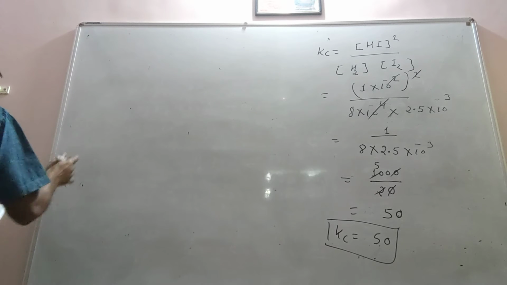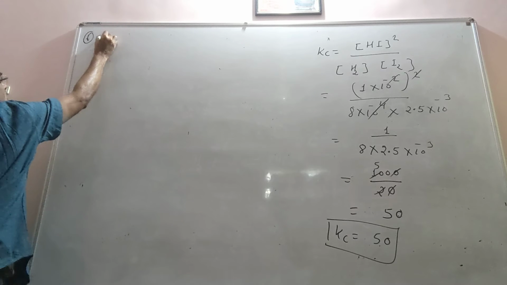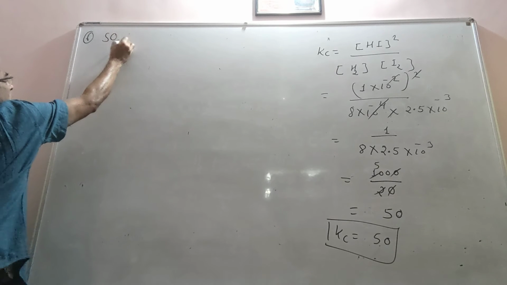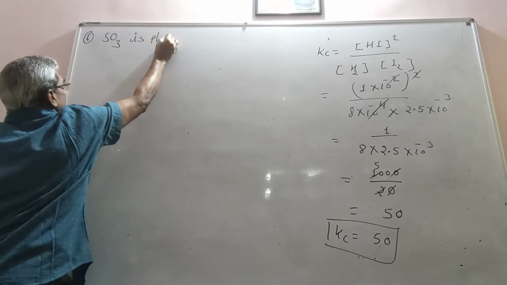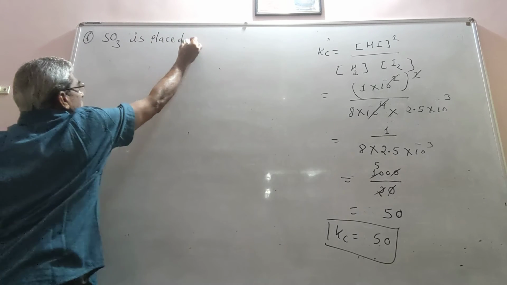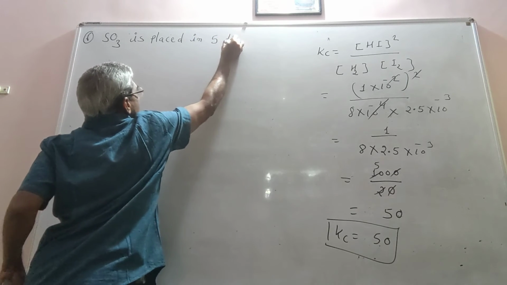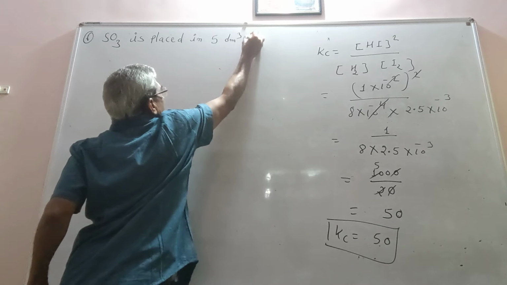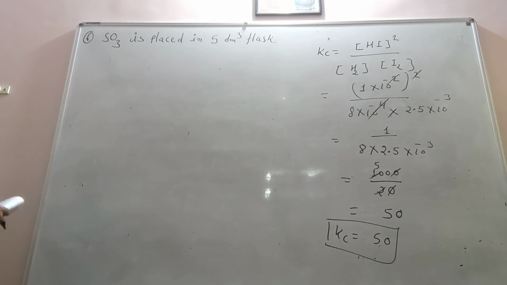SO3 is placed in a 5 dm cube flask. Then